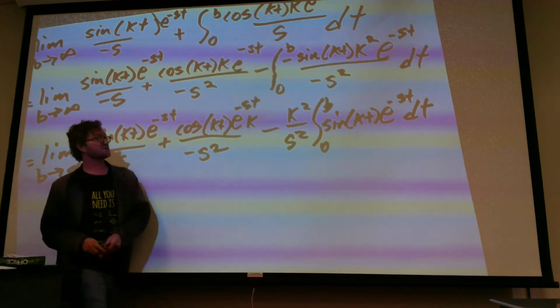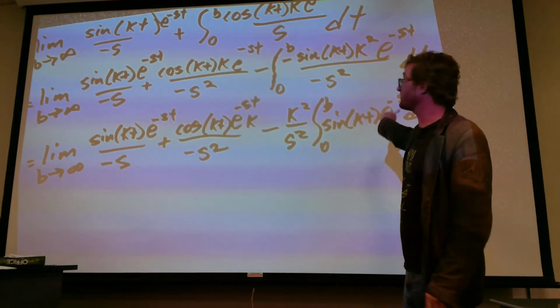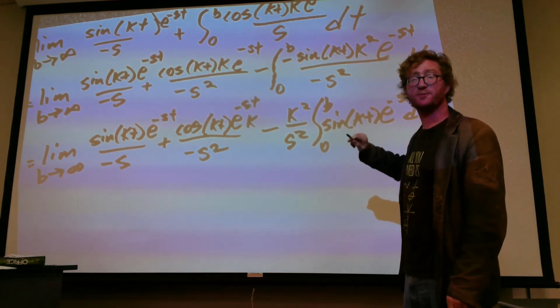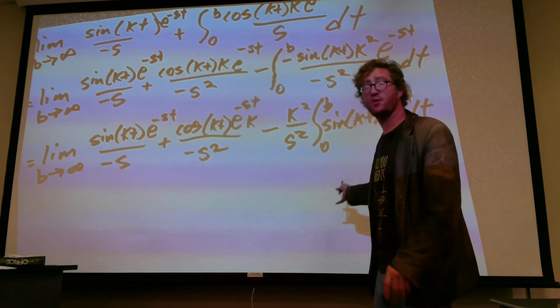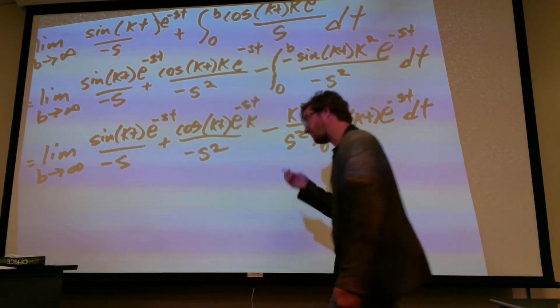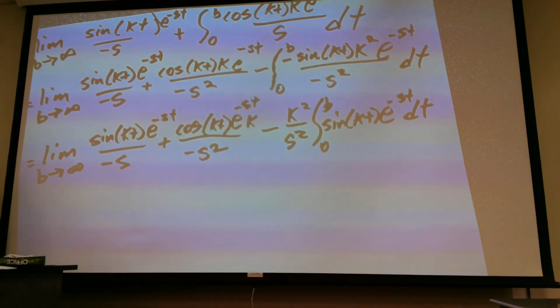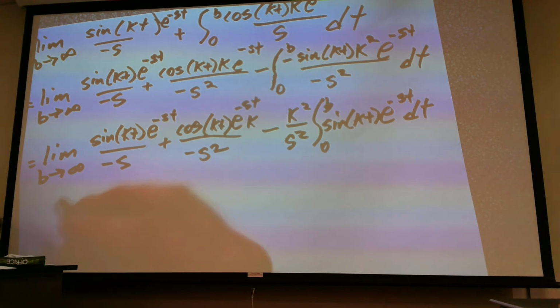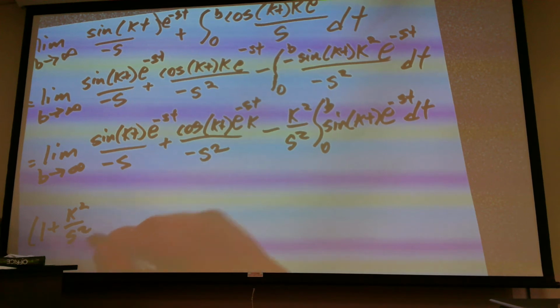Okay, now this term right here, this is what we originally began with. That thing right there is the Laplace transform of sine of kt. So what we're going to do is take this guy and move it all the way back over to the previous side of the problem, and then look at what this right-hand side is going to look like. So we end up with 1 plus k squared divided by s squared, times the integral from 0 to